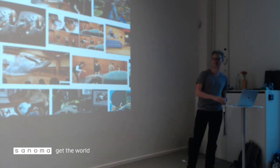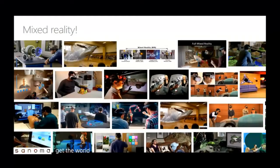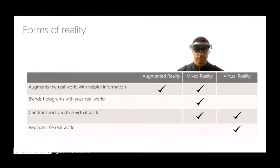I considered removing it, but well, it's some form of mixed reality as well. So, to put it on a list, this is basically the difference and where the overlap is between augmented reality, mixed reality, and virtual reality. Augmented reality and mixed reality both augment the real world with helpful information, where augmented reality doesn't really have the context of the world, and mixed reality really allows you to basically interact between the real world and